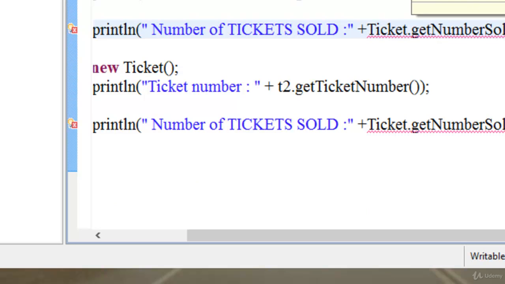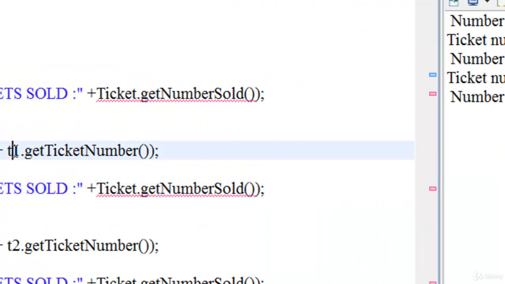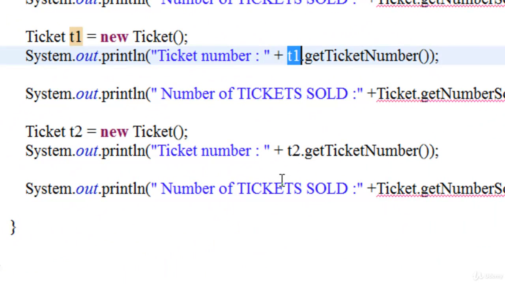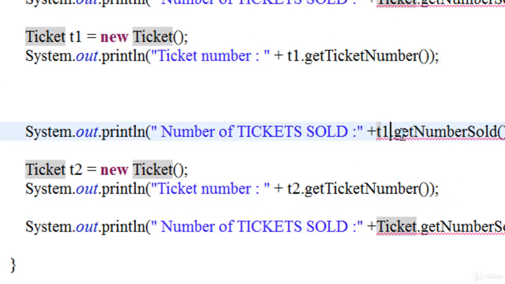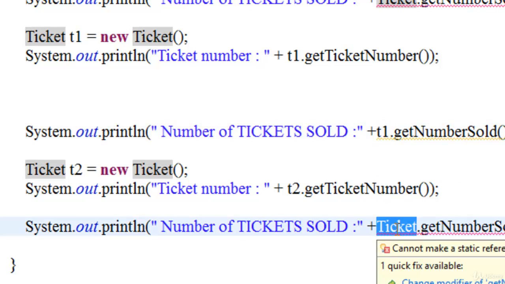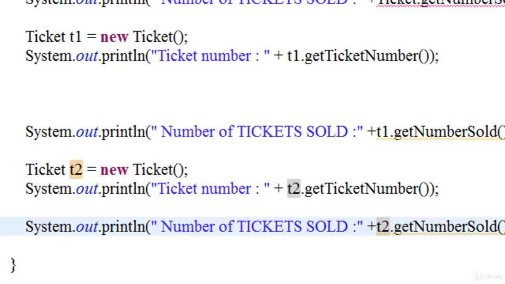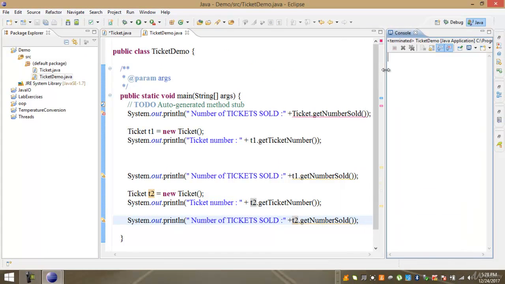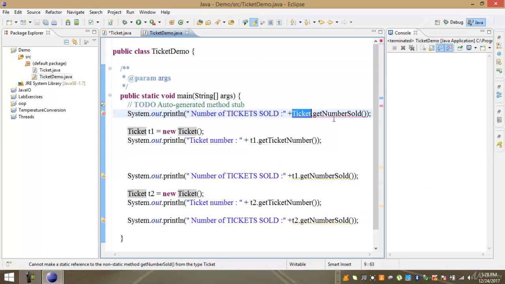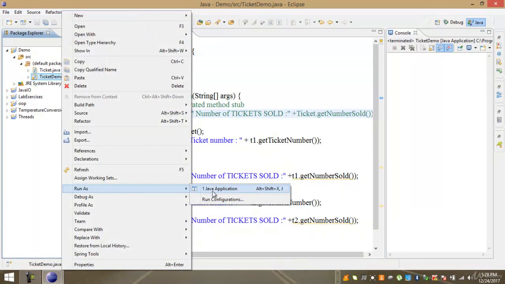So if we call it with t1, t2, you can see that the count in the tickets, the purpose is not achieved. So if we run it,